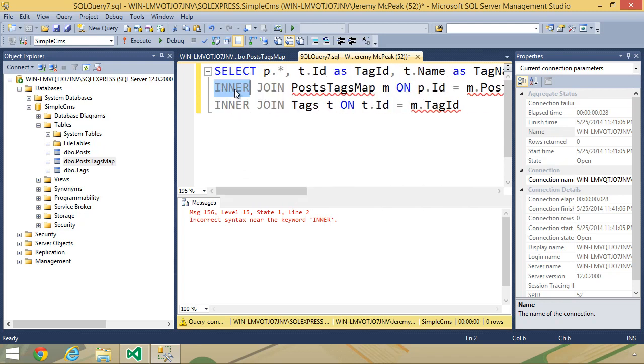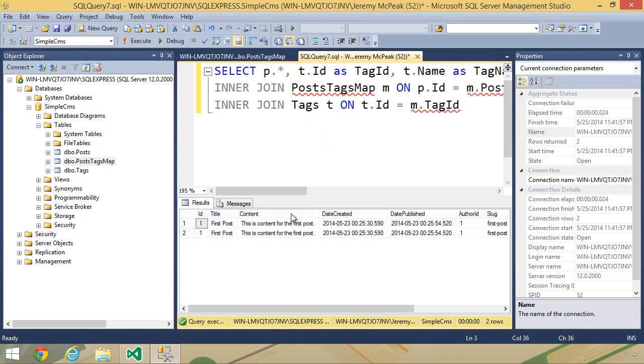Oh, it's because the word inner is selected. The Management Studio will take whatever is selected and use that as a query. So if you only wanted to use the first 2 lines as a query, that's all that you would have to select if you wanted to do that. But we want to run the whole query. So if we execute this, now we only see the first post, but we also want the second post,